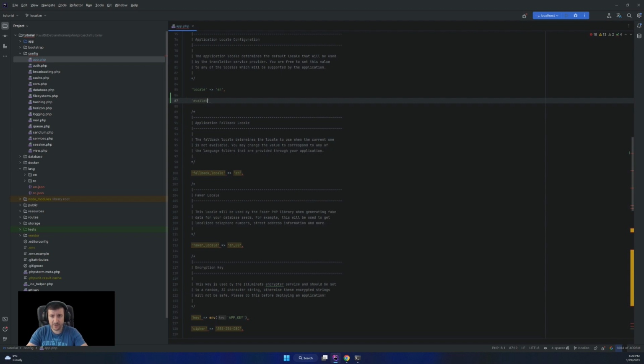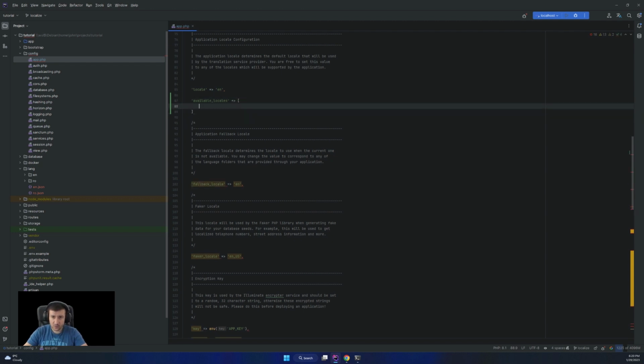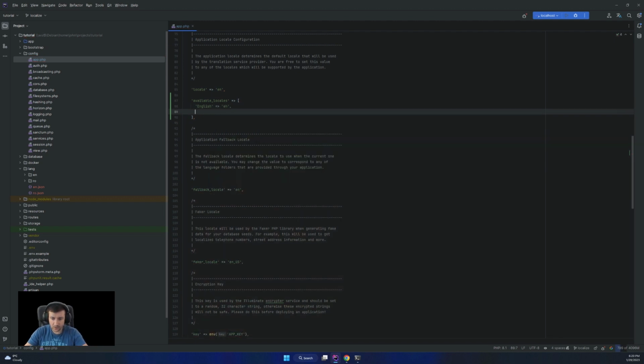So I'm gonna go available locales, and I'm gonna go with English, let's say, with its shortcode, and Romanian, which will be like this, and shortcode will be this.